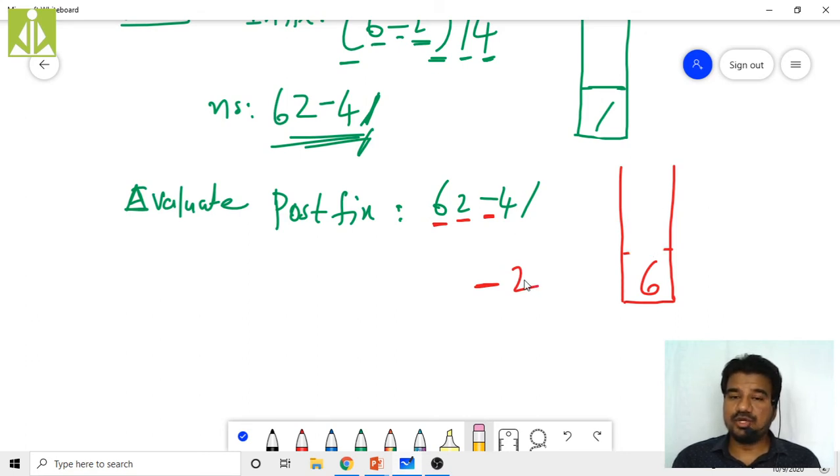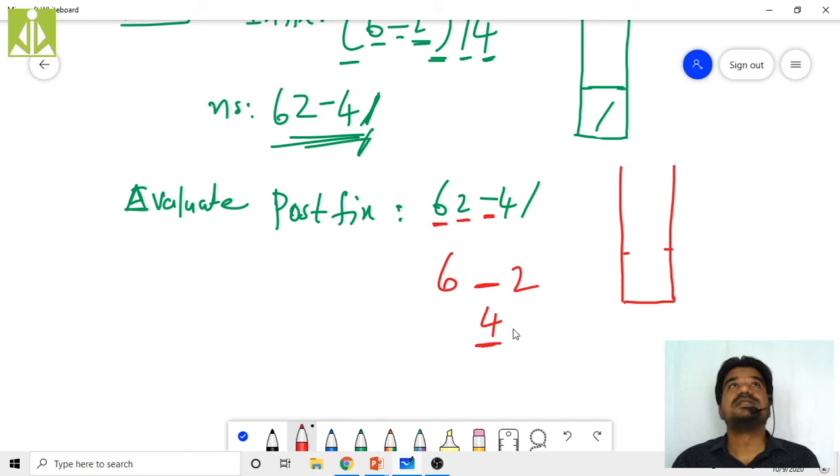Next, as I need two operands, I have to pop one more operand, that is 6. I will pop and add to the right side of my operator. So now 6 minus 2, what will be the value? The value is 4. Already we popped this 6, so remove this 6. So now I got 4 as the result. I have to push this 4 onto the stack.